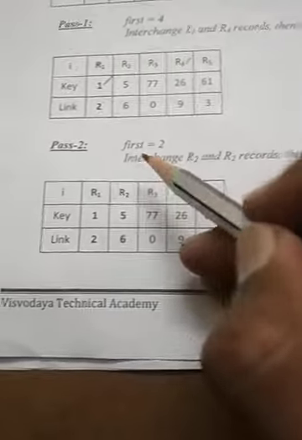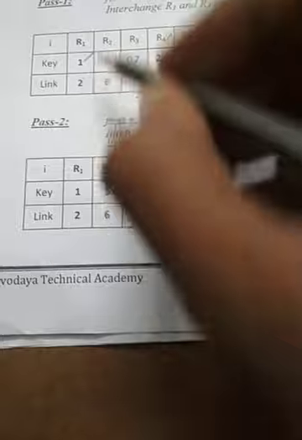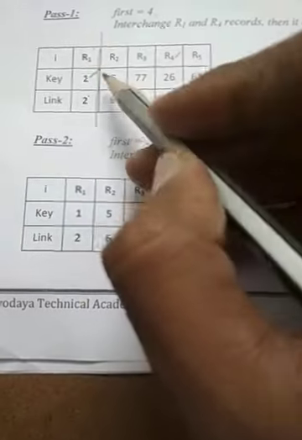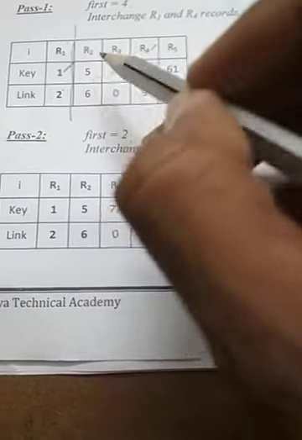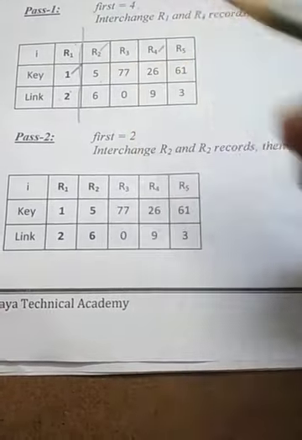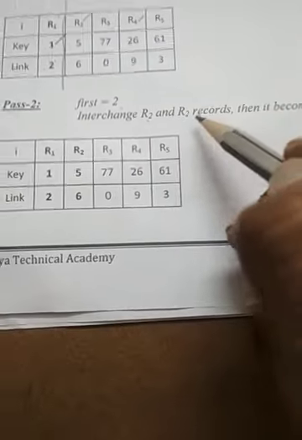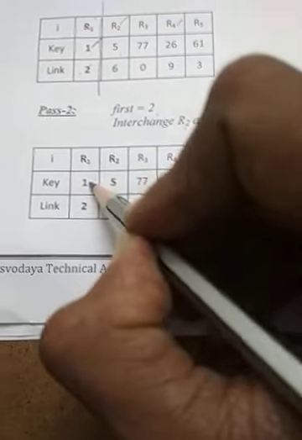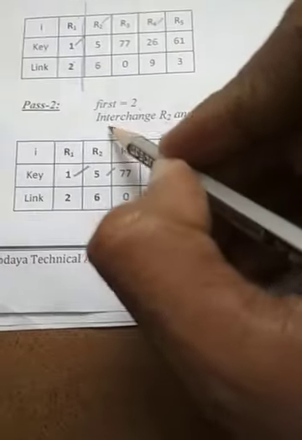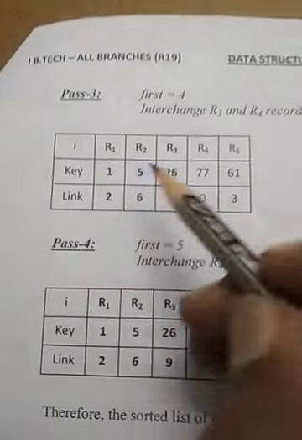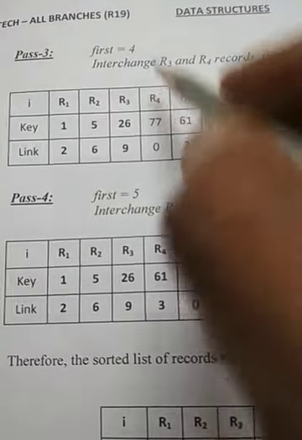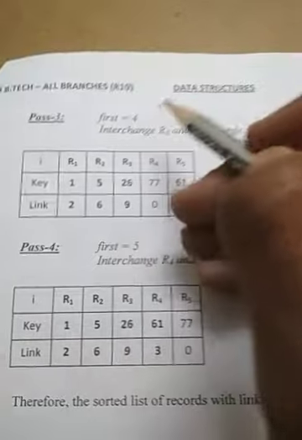Now, the second data item. Since the first data item is placed in its proper location, we don't consider it, and from the remaining data items, we are searching for the second data item. The least value is available at second position. Since R2 has the same value, the swapping occurs with the same data item. So the list values 1 and 5 are already sorted. Now the remaining values 77, 26 and 61 are to be sorted using the same list sort technique. Again, from the list of data items, the smallest value is available at 4th location.